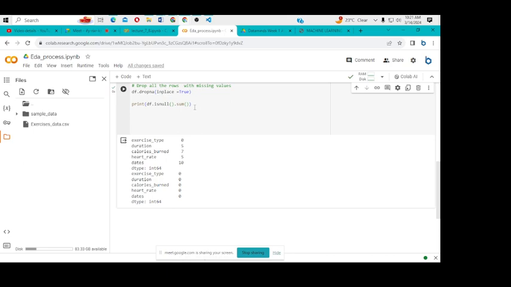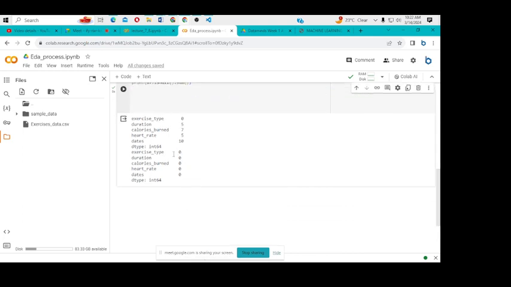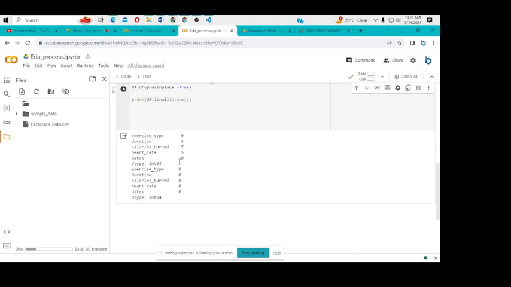Yes. In the first place we had all these columns with some missing values, but after dropping all the rows with missing values, you notice that when I check the sum of null values, I'm getting all of them as 0 because we have successfully dropped